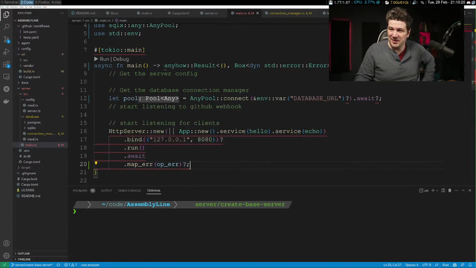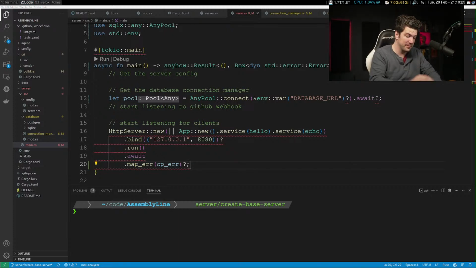Like, yeah, you didn't even give an expression. It's annoyed as the box dyn needs to be altered in the return type.